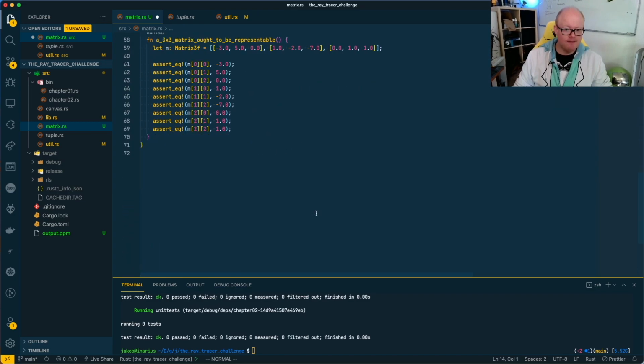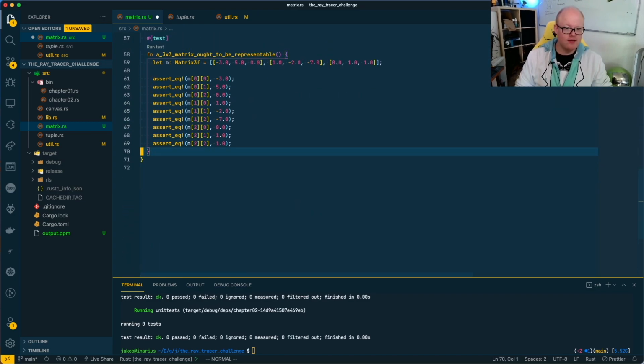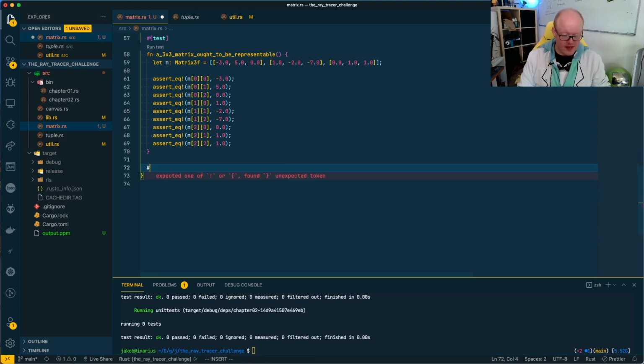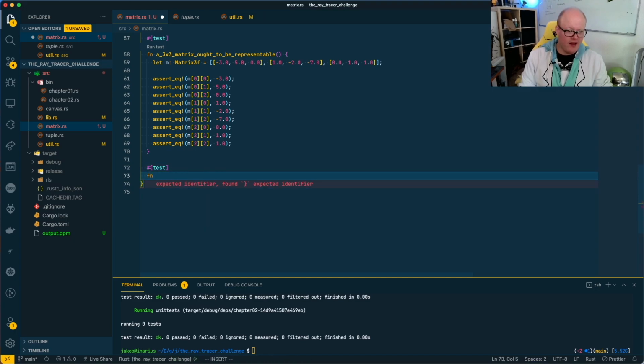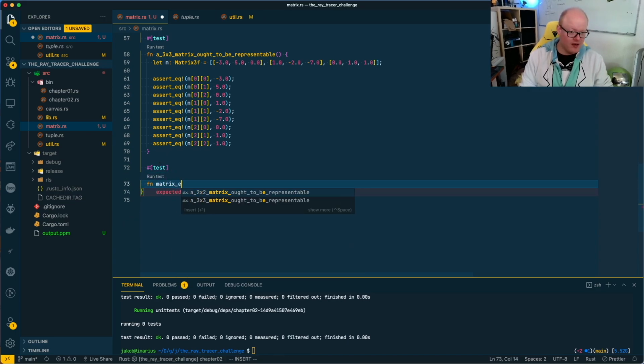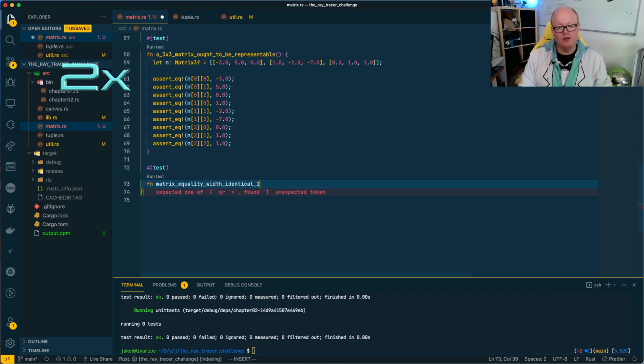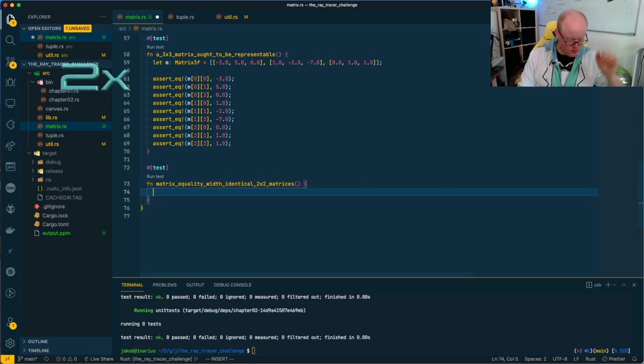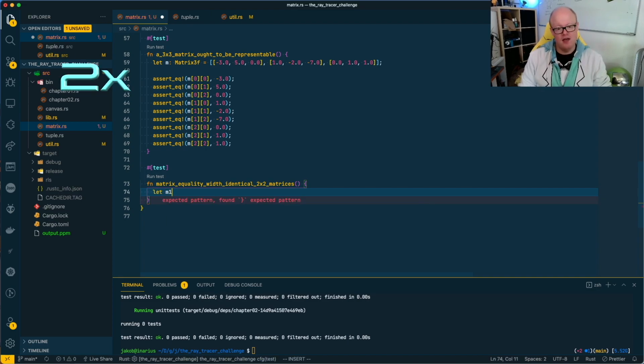So now let's create a test here, as we are expected to do. It's test fn. Actually, matrix equality here is only implemented for 4x4 matrices in this test, but I like to have it for everything. Matrix equality with identical 2x2 matrices. So let's implement this, and let's just assume that this check works. So let's just have a let m1, which would be our